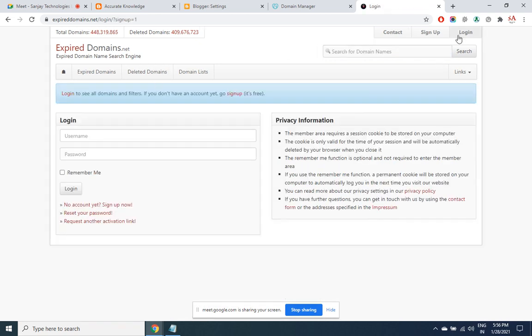I think you need to log in. It was not asking for login before. Let me see if I have an account.